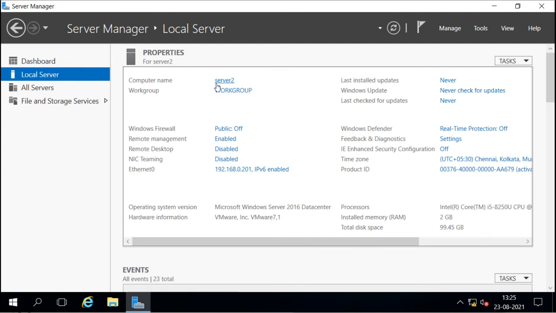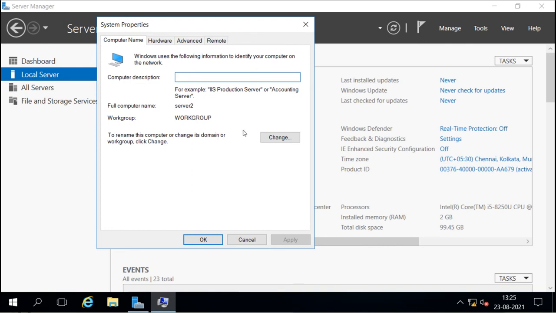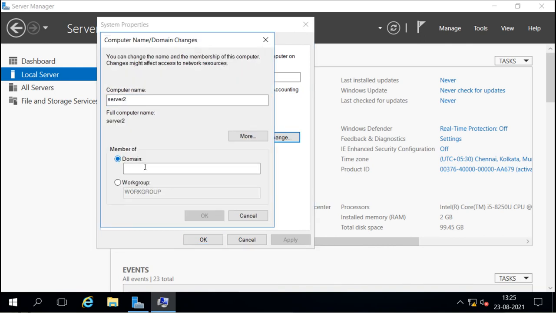And this is our server 2. The name is server 2, and the name must be right. Right now it is in a workgroup, and the IP addresses are properly configured. Now I want to join this server to our domain. Remember, we have already created the account. So I will click Change and say I want to join it to the domain.